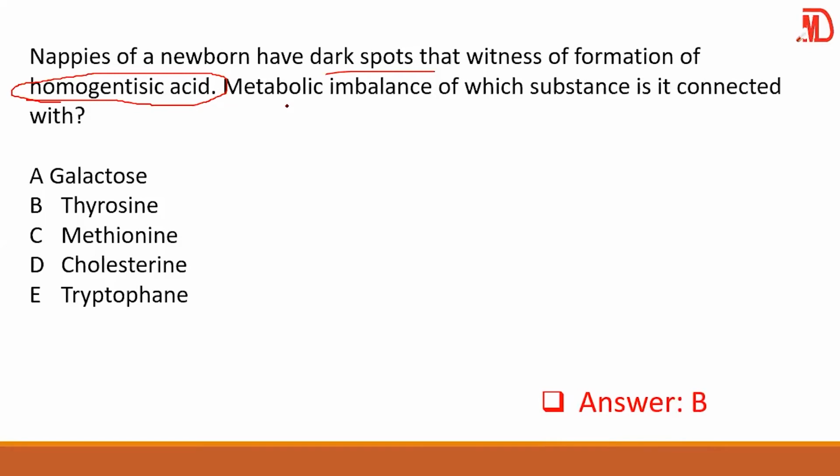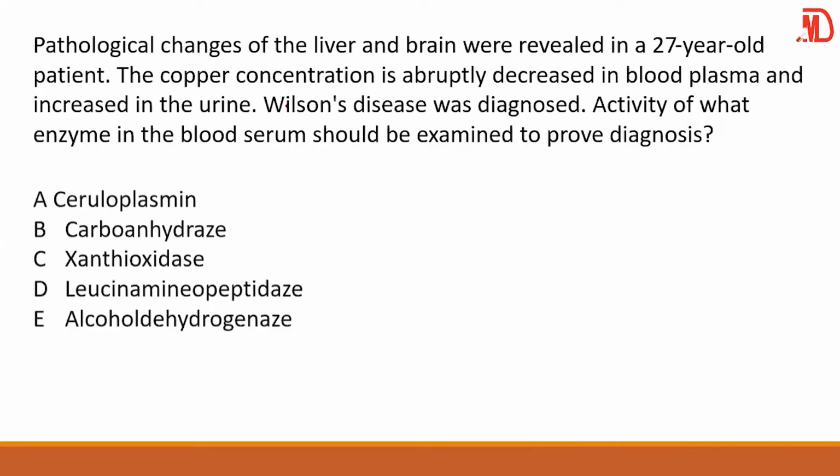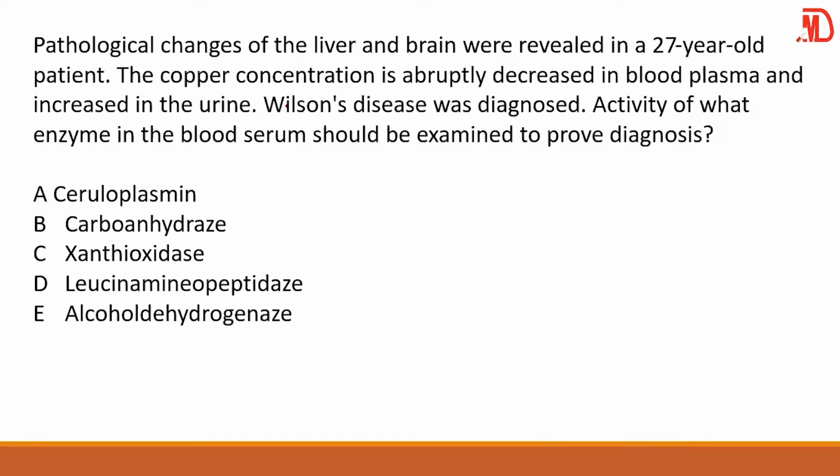Now, look at this question here. We've done this one already, but it has been formulated in a different way. That tells you again that Krok will always repeat their questions. They have no new set of questions present. Now, look at this question again. Copper concentration was decreased in the blood, but in the urine it was high. Wilson disease was diagnosed. Again, what do you use? Of course, you use